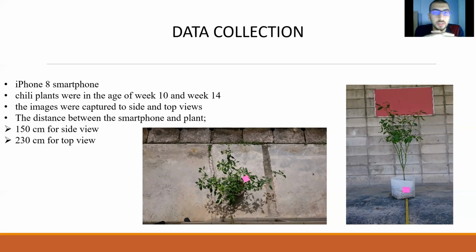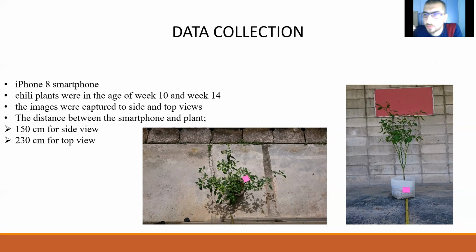In the first stage of our study, we have data collection. In data collection, we used an iPhone 8 smartphone to take images of chili plants at the age of week 10 and week 14. These images were taken from two views, top view and side view.